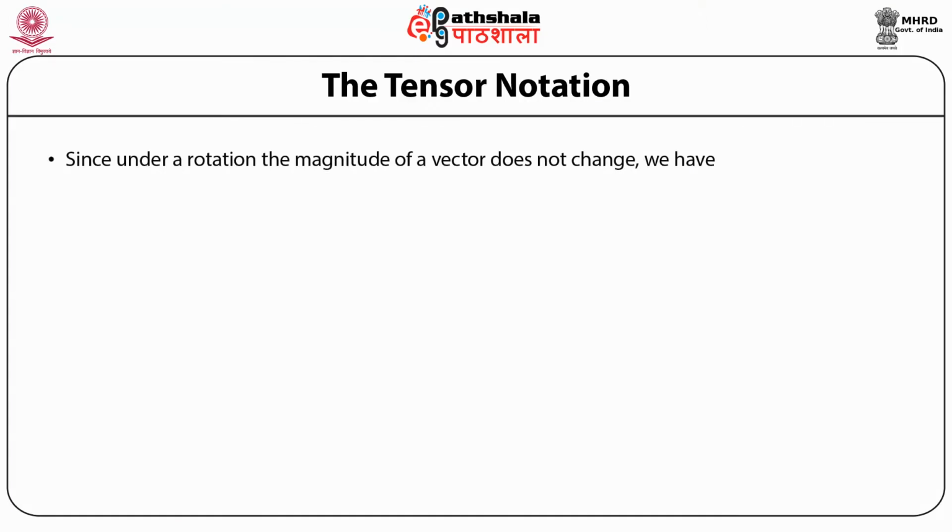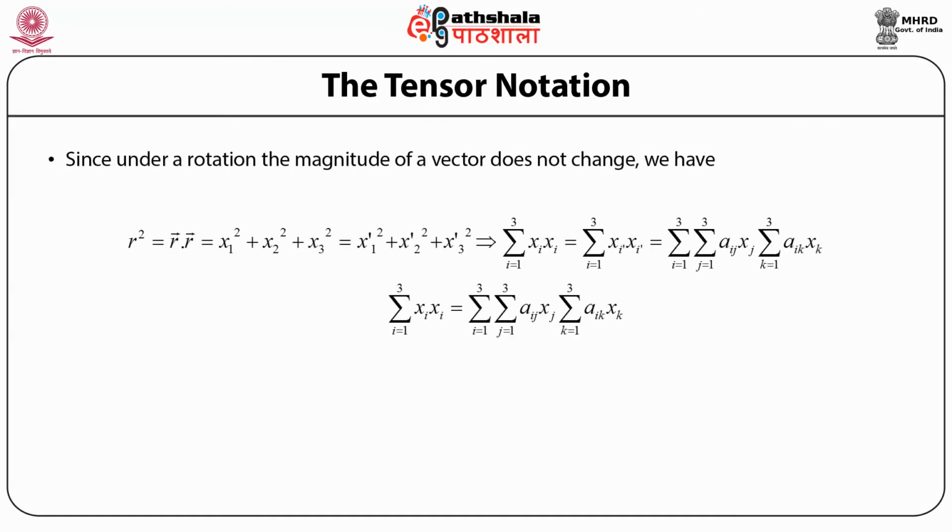Since under a rotation the magnitude of a vector does not change, we have r squared equals r vector dot r vector equals x1 squared plus x2 squared plus x3 squared equals x1 dash squared plus x2 dash squared plus x3 dash squared, which implies that the summation over i equals 1 to 3 of xi xi equals the summation over i equals 1 to 3 of xi dash xi dash, equals the summation over i